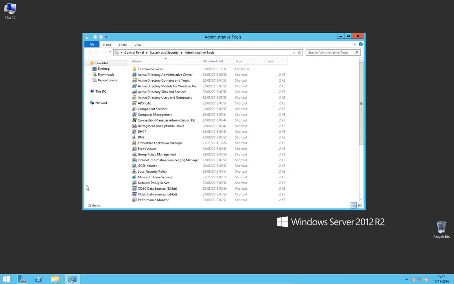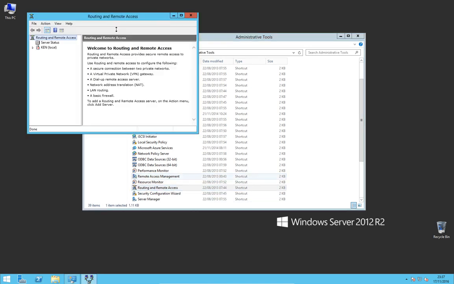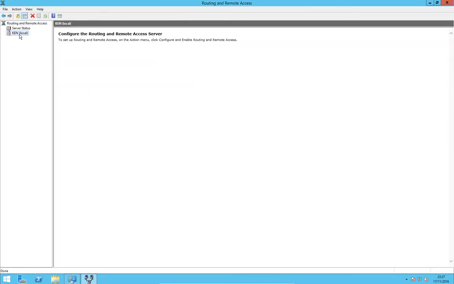And inside our administrative tools we should find routing and remote access, and again you'll find it disabled because it hasn't been configured. We'll right click and configure,